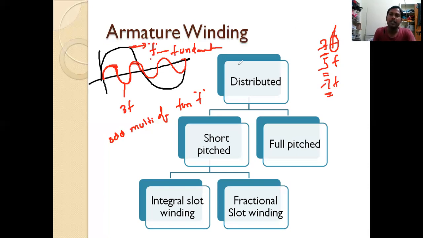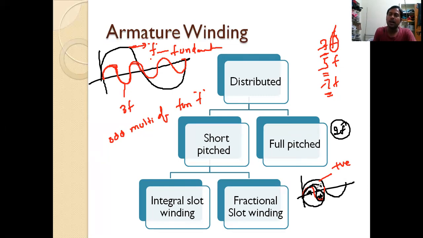So why will only odd harmonics be present, and why can't even harmonics be? Look at this one, I'm taking this as an example. This is a positive half cycle of the main fundamental cycle, and within that positive half cycle, two cycles are there, nothing but two times the frequency. This is a positive cycle, this is a negative cycle, this is negative and positive.